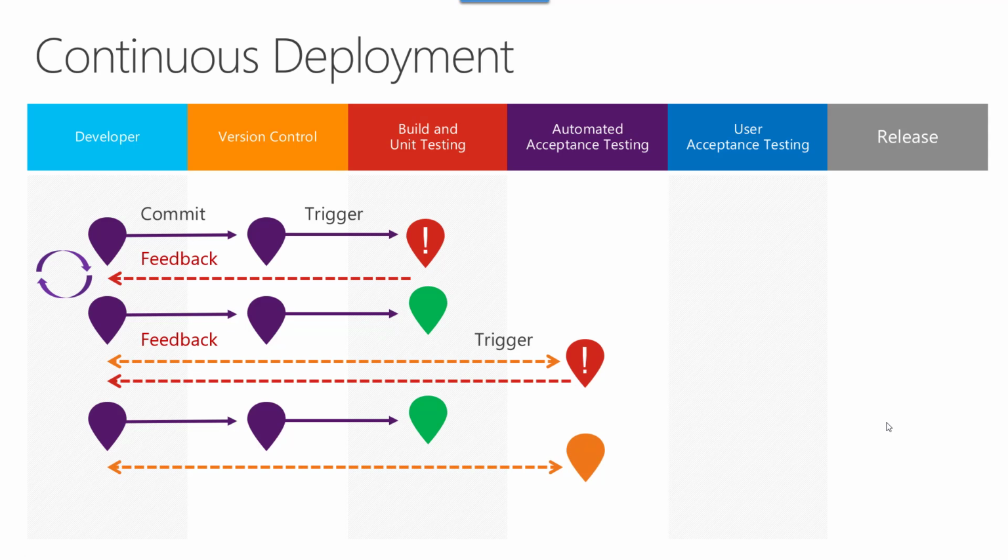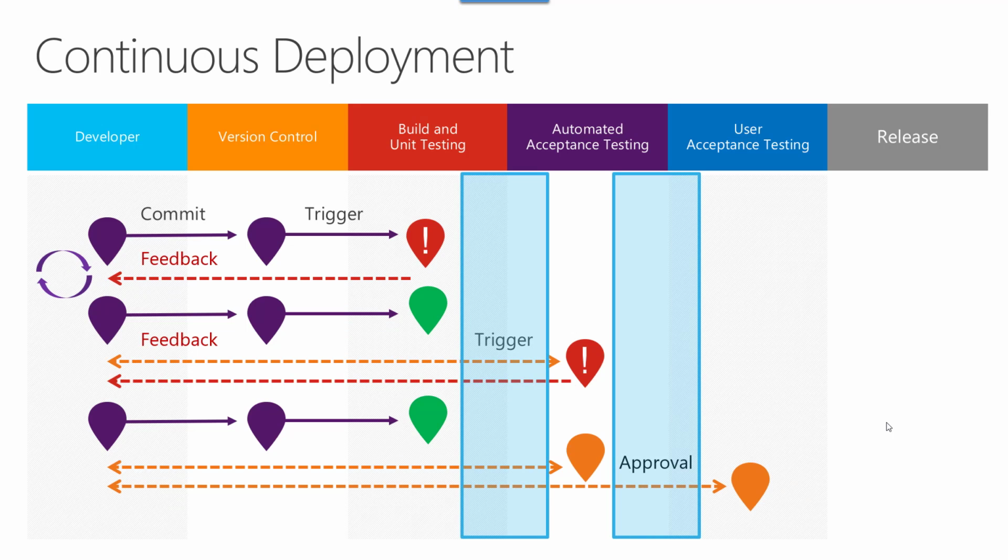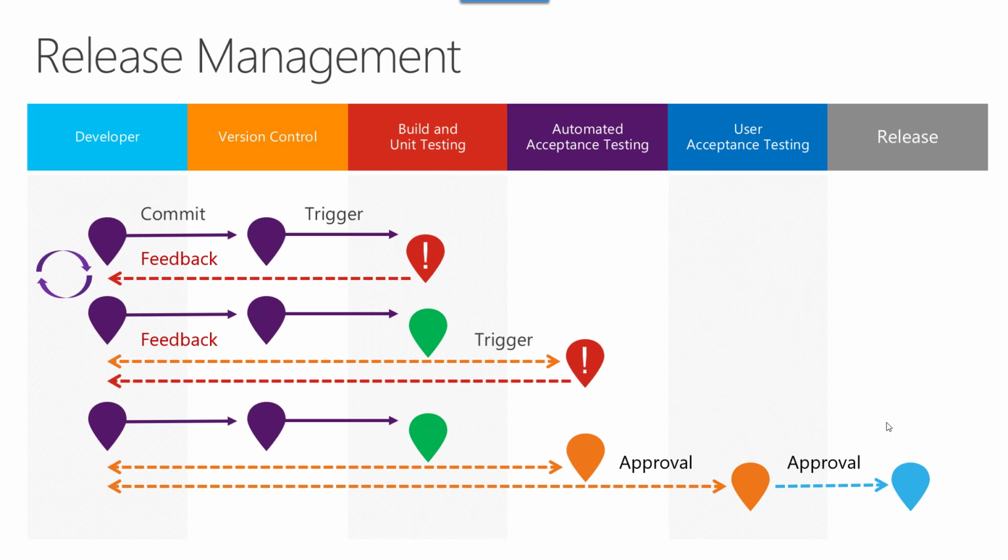Once the automated test has passed, it will wait for the QA to approve and sign off to promote the package to the next stage. Once they approve, again, it could be approved automatically, it will promote the package to the user acceptance testing environment, and it will wait again for the approval to be deployed to production. Once this happens, here is the gate for the approval. This will deploy the package to production.